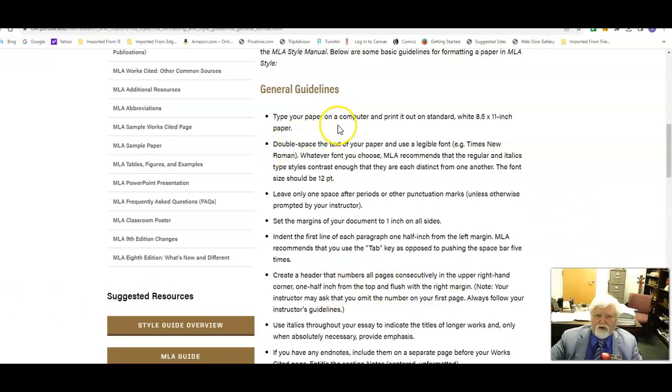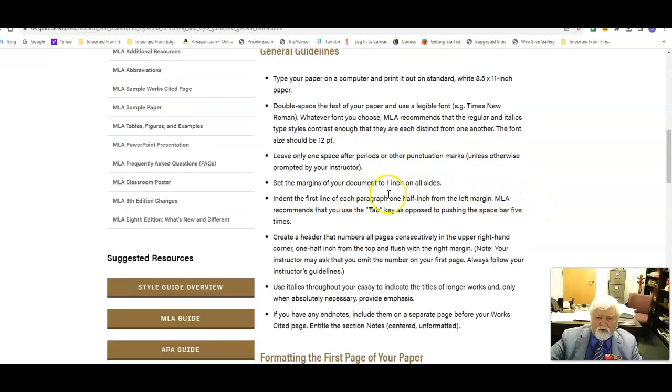Rather, you want to type on your computer, open up your Word document, double space the text of your essay using a font. In your handout for the assignment, I list which fonts are really the acceptable ones. 12 font is for Times New Roman. 11 is for Calibri because that's what it's defaulted to. With Courier New, you typically want to go with 10 font because it's a little big. You're going to leave a space after periods and other punctuation marks. Margins are set, which you do not have to bother with if you have not in any way